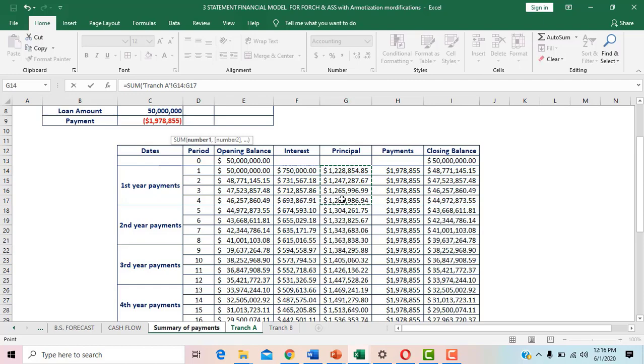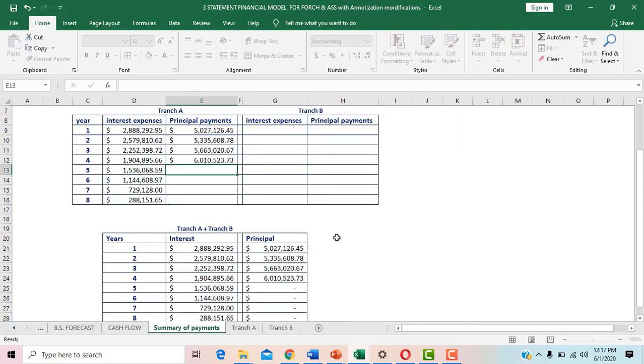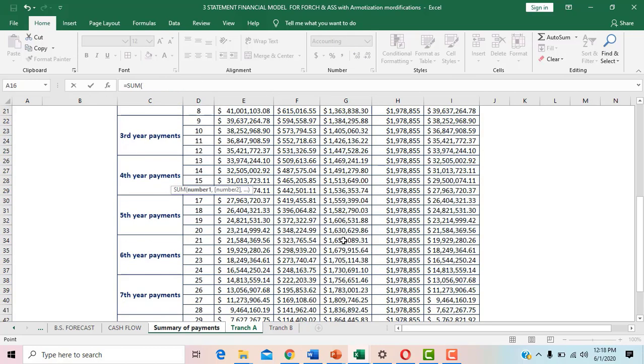first year, total of principal payment for the second year, total of principal payment for the third year, total of principal payment for the fourth year, close the bracket, total of principal payment for the fifth year, total of principal payment for the sixth year, total of principal payment for the seventh year,